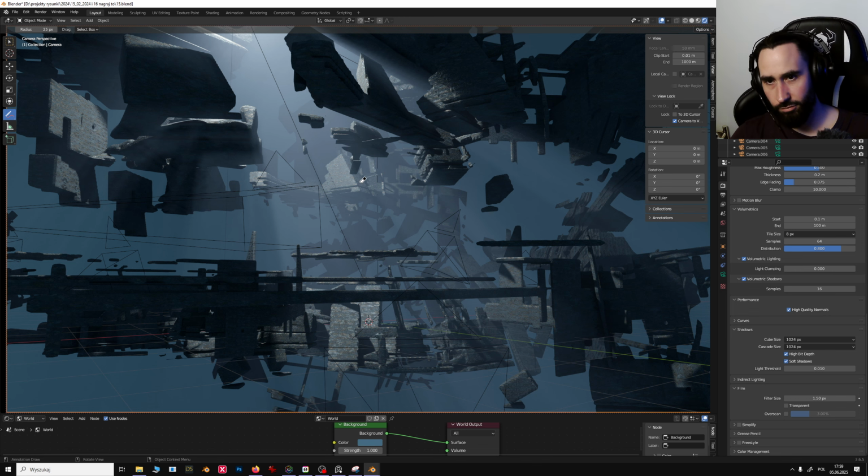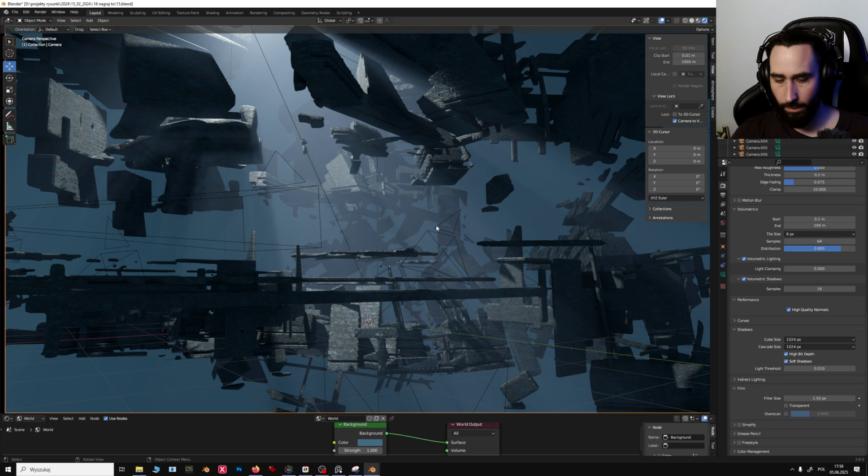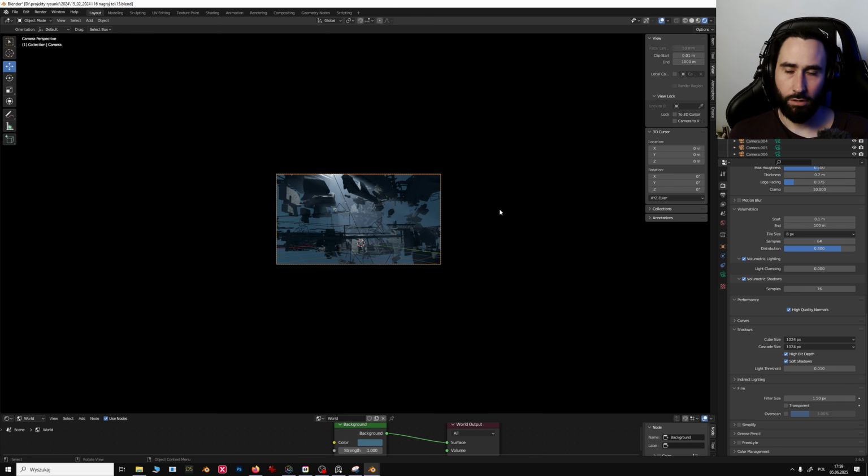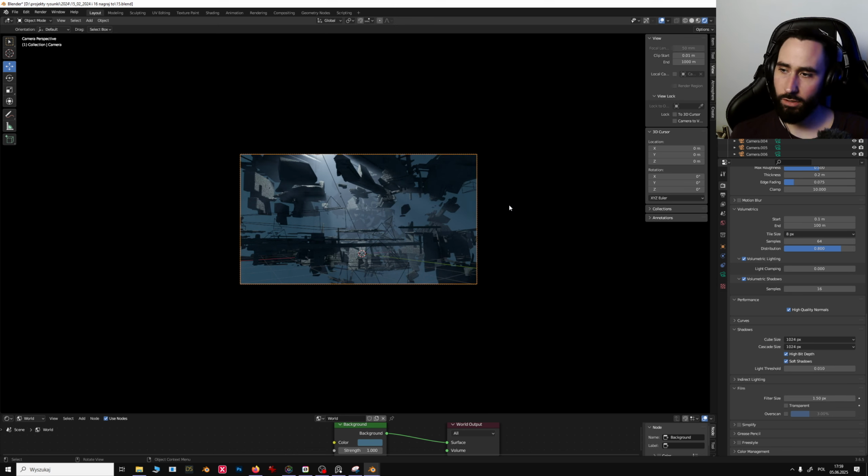Another thing we can do: we press Home and it makes the camera full screen. It's for recording purposes. But if I am inside the camera, I want to toggle off Camera to View, and now I zoom out. Now you can see we have a small window, and now I can toggle Camera to View. Here we can easily navigate and look for cool compositions, because if something is small like a thumbnail,